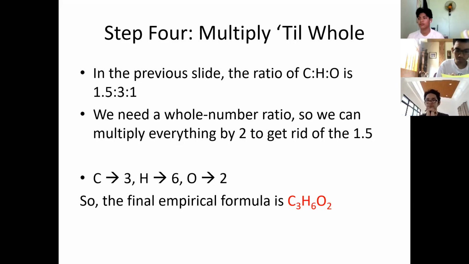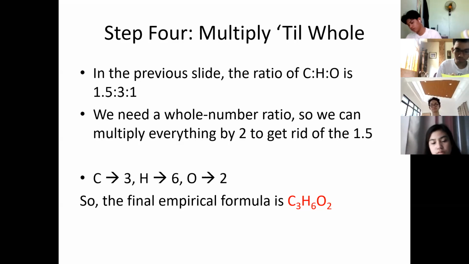Should it always be multiplied by 2? Here we go again, the same question. Should we always multiply this by 2? You can multiply it with any value you like. You can multiply this by 4, by 7, by 8. But since we are talking about empirical formula, the least value that we can come up with is 2.